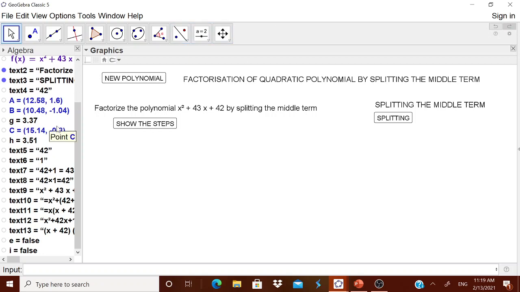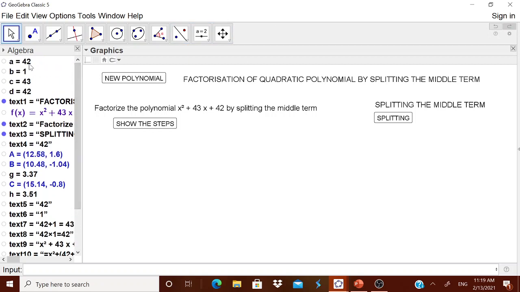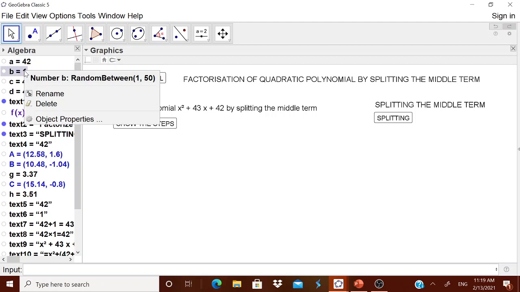Now you have the liberty to change this a and b. Here I have taken from 1 to 50. You can have from minus 25 to 25 also. But whenever you are taking negative values, be careful. You will always write ax square plus bx plus c. Whenever b and c become negative, the plus and minus signs will come side by side. If you are using a negative sign, try to put it in brackets. I think the child will have a little confusion, because the minus sign will not show for every problem; for some problems it will be plus, for some it will be minus. That is the only drawback whenever you are using negatives.